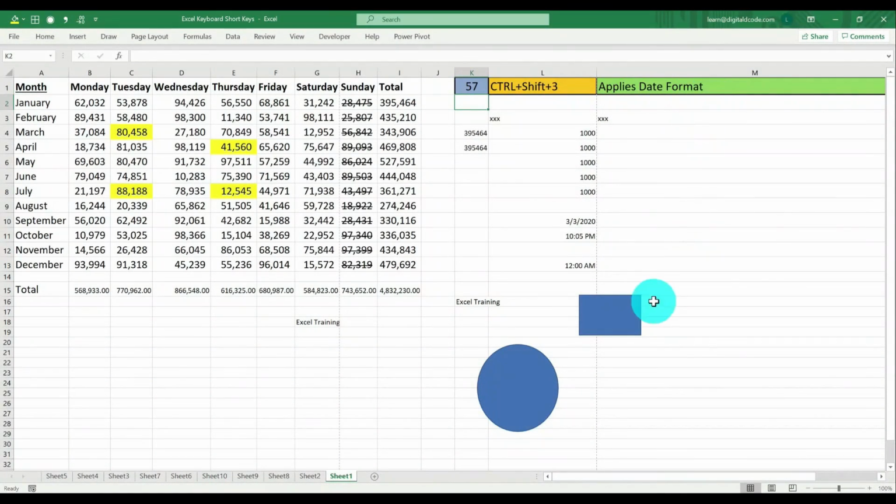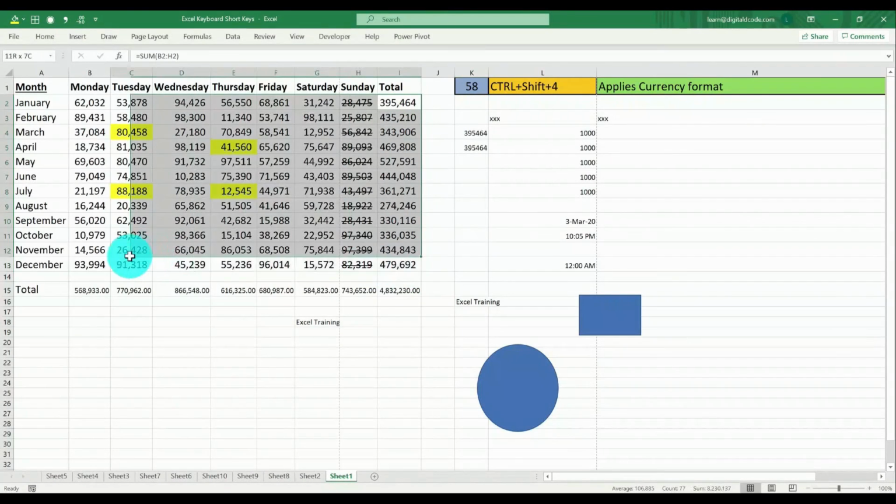Apply date format. Now I have a date here and I want to apply proper format. Control Shift 3 to apply date format. Apply currency. In case I want to apply currency, let me choose this. Control Shift 4.